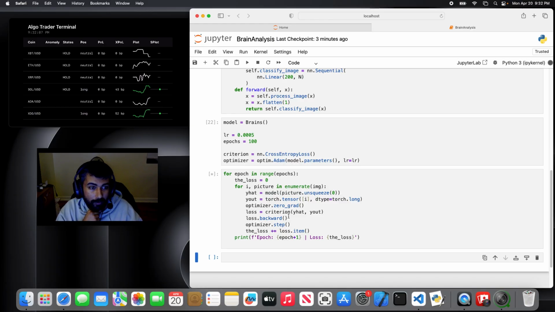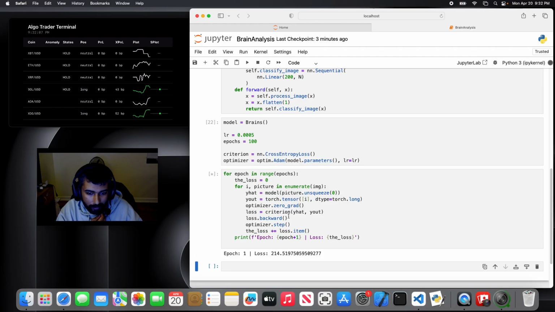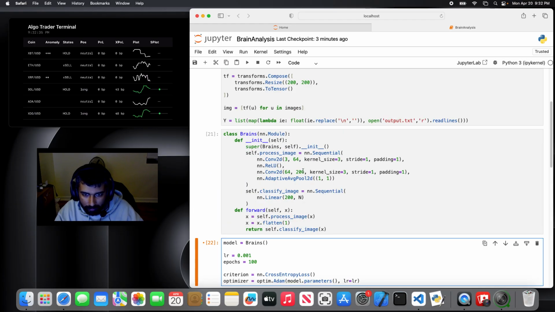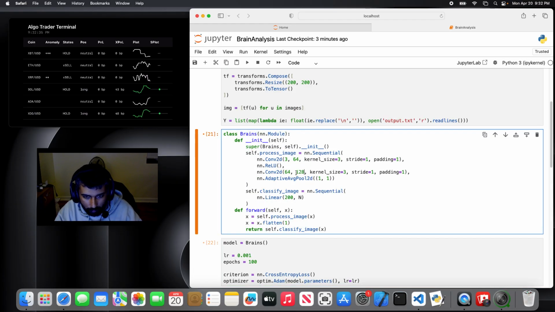Well, I've got the algos loaded up here, so we can watch that for entertainment. But yeah, let's, okay, I don't want this training to take like an hour. Let me go ahead and stop this cell. Okay, so I'm gonna make 0.001 the learning rate. Let me change around some of these pixels. So I'm gonna do 128,